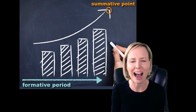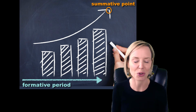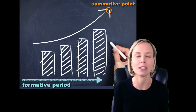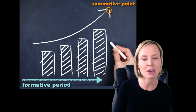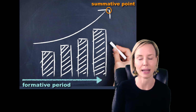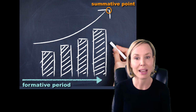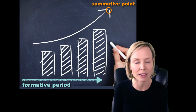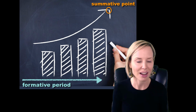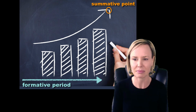Everything during the entire course, whether it's a year-long course or a semester-long course or a shorter course, is formative. Everything during that time is formative. Students should have multiple opportunities to show what they know over that period of time, and at the very end, then we arrive at the summative point in time. To not acknowledge this, and to average or in some way count the grades that happened all along the way during the formative period in time, rather than always acknowledging where a student is currently,